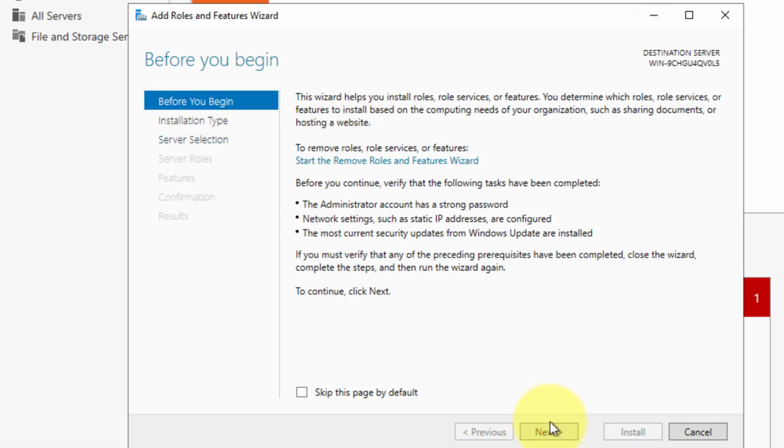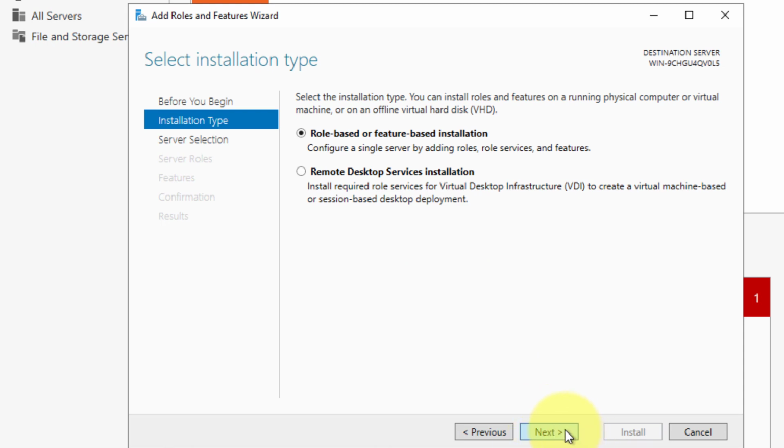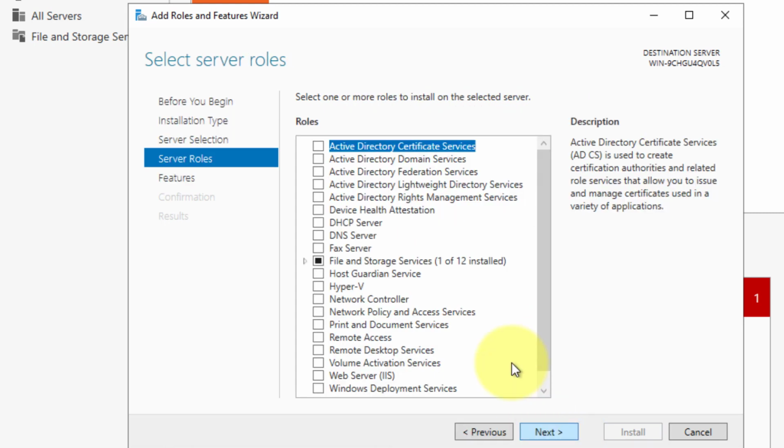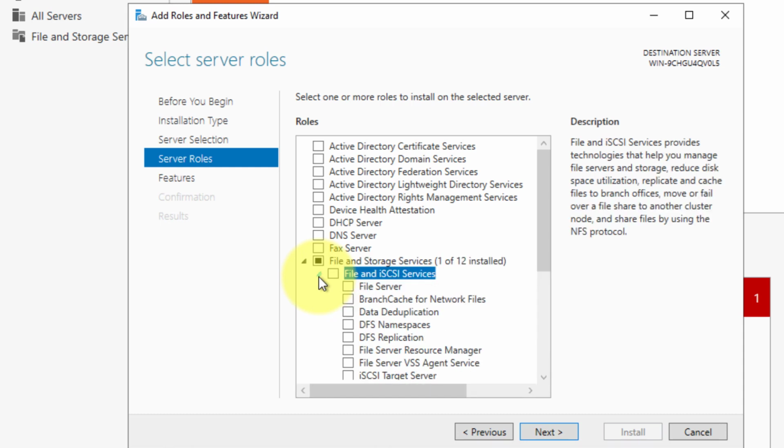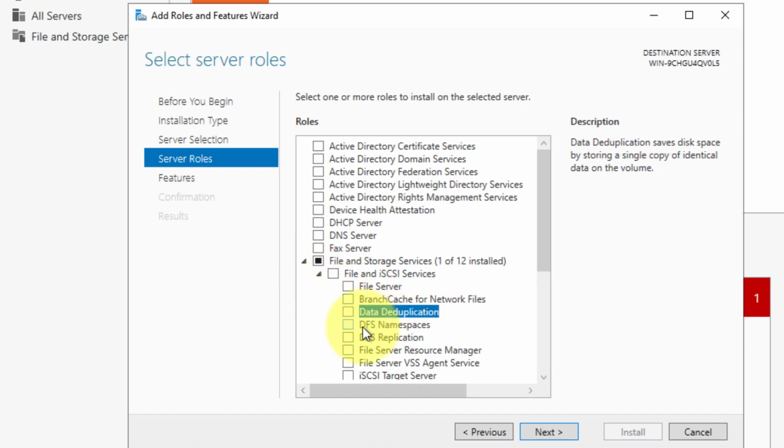Click next, next. Now you have to select File and Storage Services. Click this button so that it expands, and here you can see Data Deduplication.